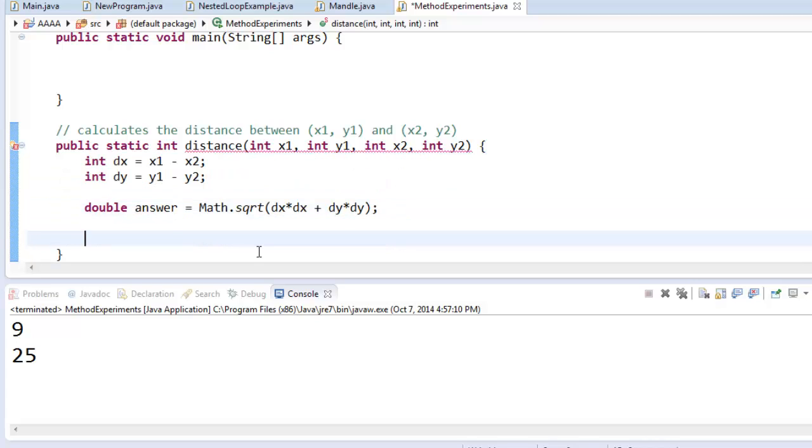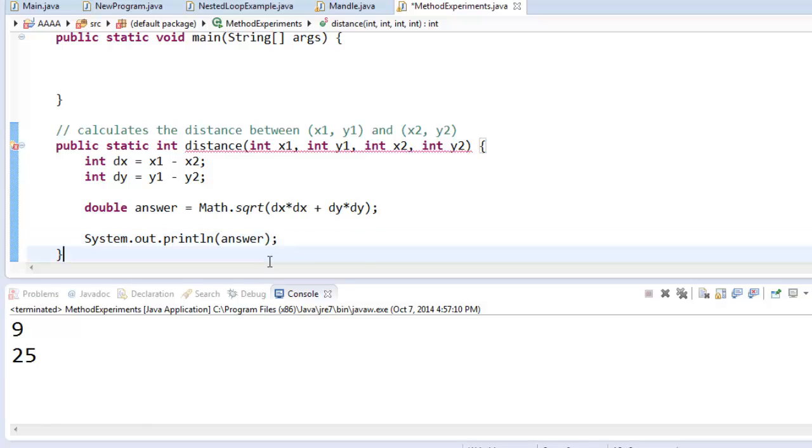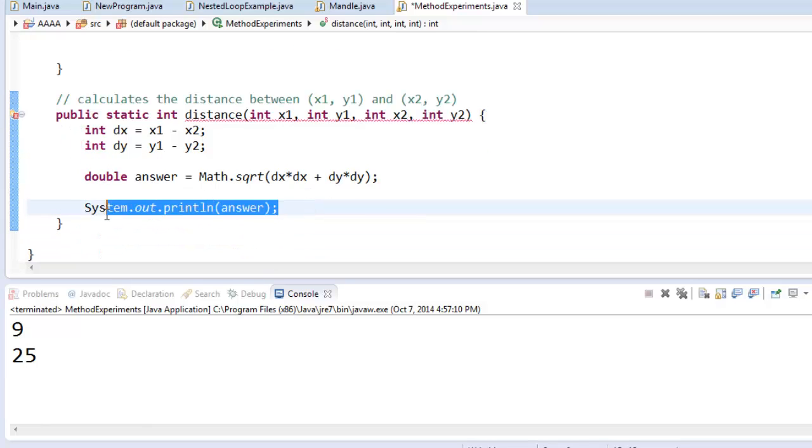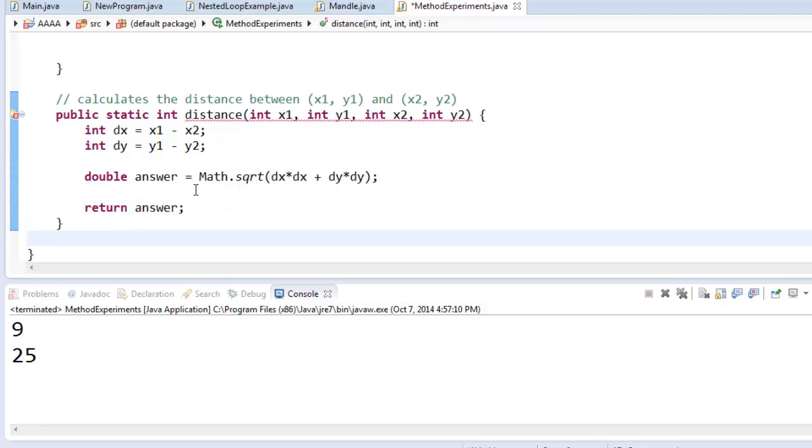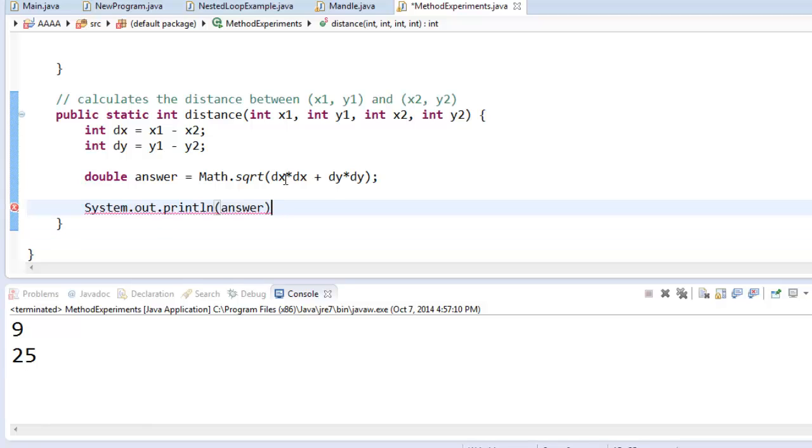This is the answer, and in your old way of doing things, you would display the answer. Instead of displaying the answer, I'm going to return it. I'm going to say return answer. And now my method, you'll notice the red went away. Before it was red because,